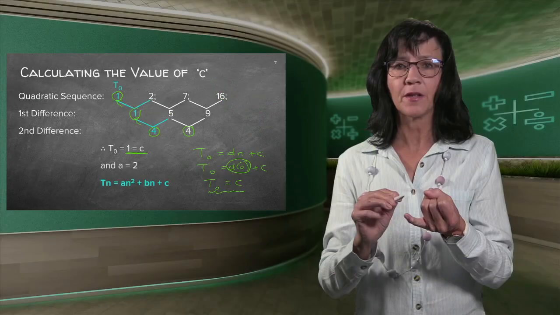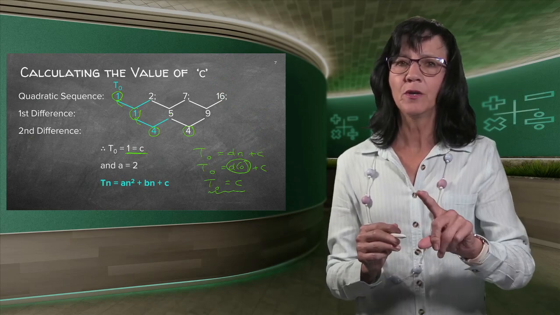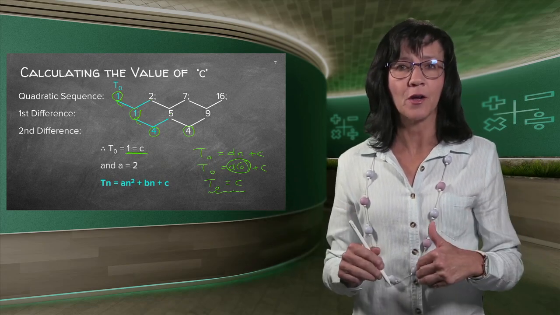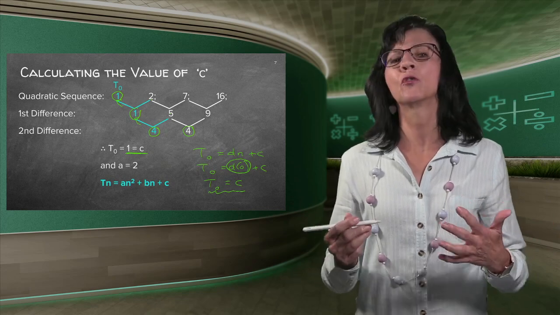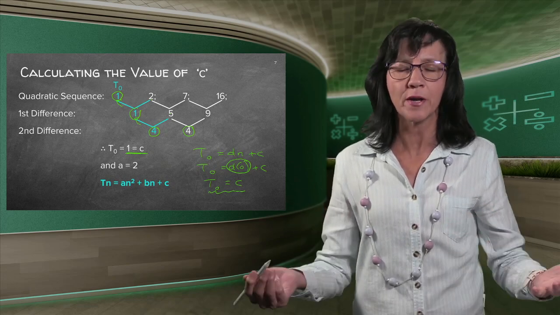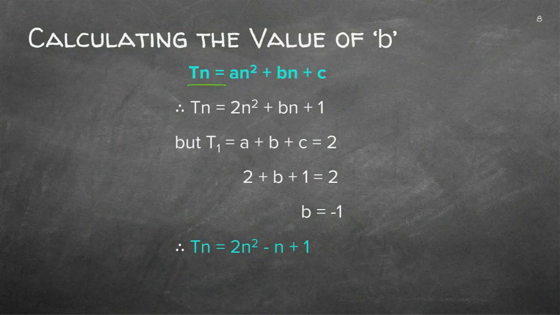So now I already have the C and I've got the A. I've got only one unknown. Now, when you've got one unknown, you can actually substitute in something in order to find that one unknown. Previously, when I did previous lessons, you remember I always say, if you've got one unknown to be found, you substitute in one point. We're not busy with graphs here, so what do we do here? We take our formula. There's my formula. You substitute what you do have. You have the 2 and you have the 1, because we just now found it on the previous page. So the only one I still need to find is the B, but it's only one unknown.